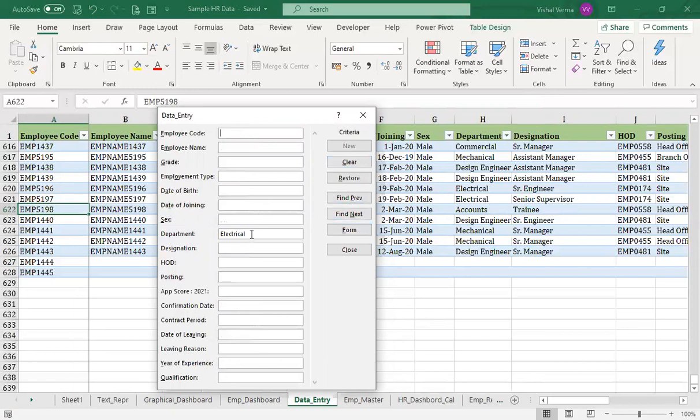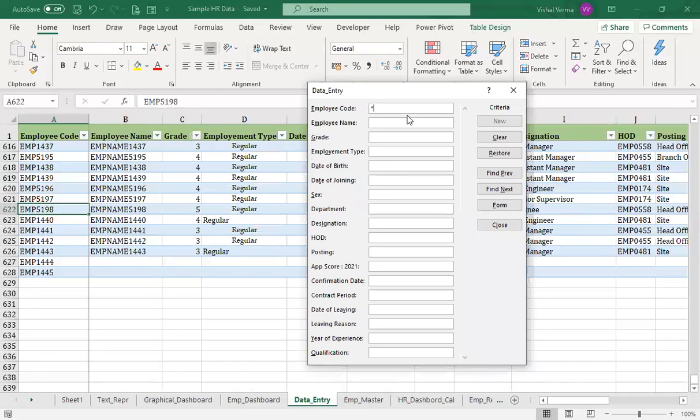In case we want to clear the data, or say we want to find any person starting from a particular number or name, because as of now this data is dummy data, so we do not have the name here. So we can have, say, star 144, and find next.